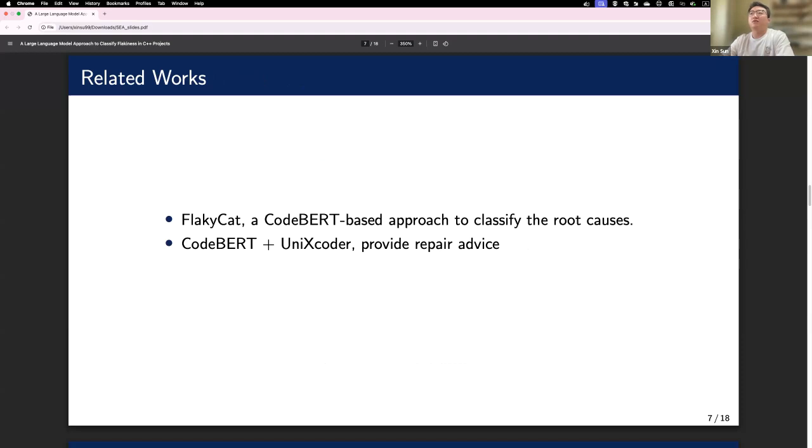Other works have used models like CodeBERT and UniXcoder, which can provide not just a classification, but also suggestions for fixing flaky tests. However, there's very little work focused on C++. So our work extends the state of the art by creating the first dataset for C++ flaky test classification, and also benchmarking large language models on this task.